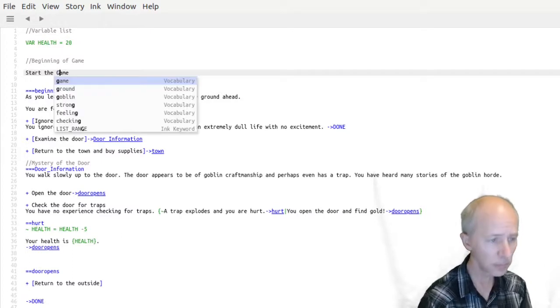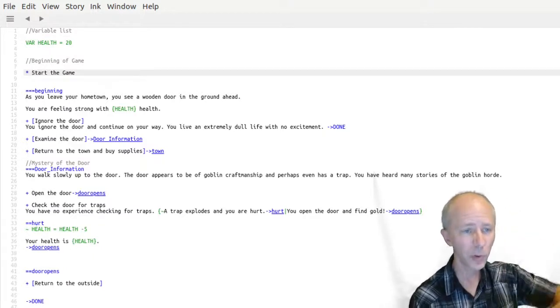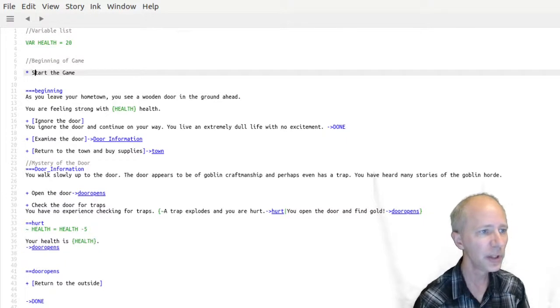start the game. And you can make a little splash screen if you want. If you're doing this to export as HTML, you could add an image and things like that on here. But I'm not going to show you how to do that today because I've got 5 minutes left, and that would be a great second